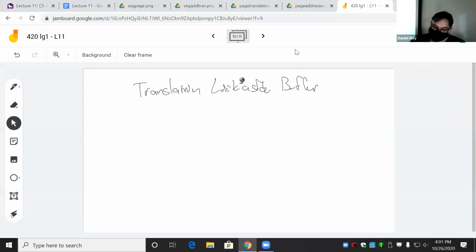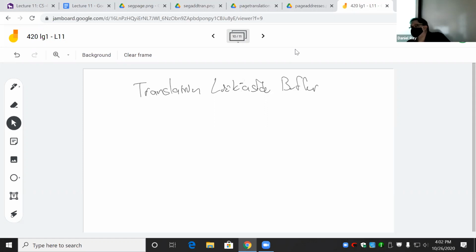Pretty sure look and aside are hyphenated. Okay? The translation look-aside buffer. Remember how I said that the principle here is the principle of locality. That's the term I was trying to think of before. The principle of locality says that addresses that are next going to happen are going to be close to